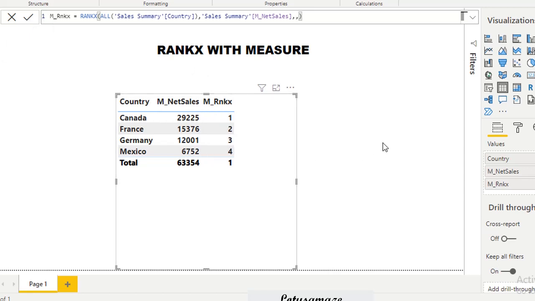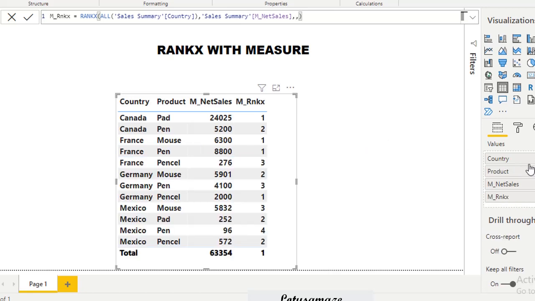Suppose we add one more column in this table, say product. So again our ranking is disturbed and not correct, because again the product column is having the filter context. So we have to remove the filter context from that column too. It's product.